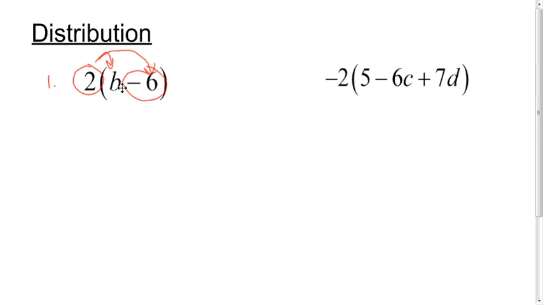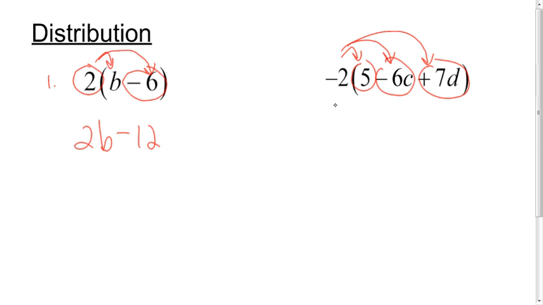So for instance, 2 times b is 2b. Notice I don't bring the negative down per se. I do 2 times negative 6, which is negative 12, and I express that as minus 12 in the next line. Similarly here, I'm going to do negative 2 times the quantity 5 minus 6c plus 7d. As I set that up,